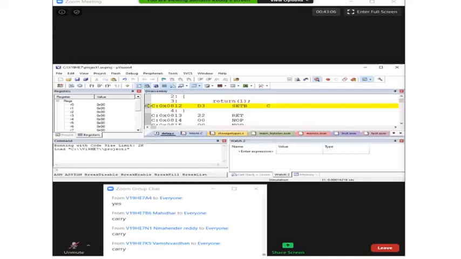Clear now? When you return a byte or bytes of information, then it is returned through the CPU registers. I'm repeating. When you return data in terms of bytes, then it is returned through the CPU registers. If you return bit, then it is returned through the carry.